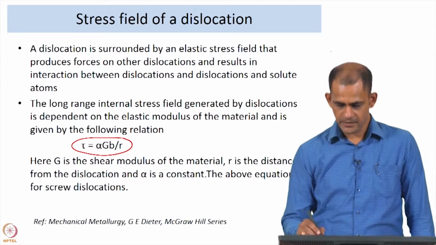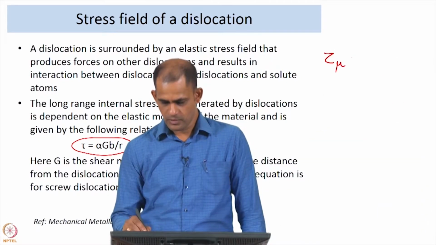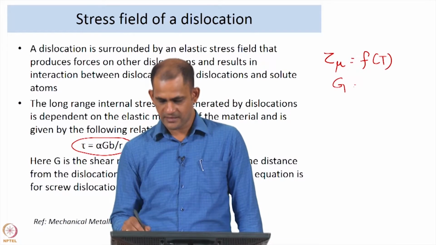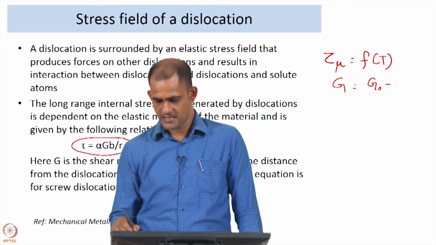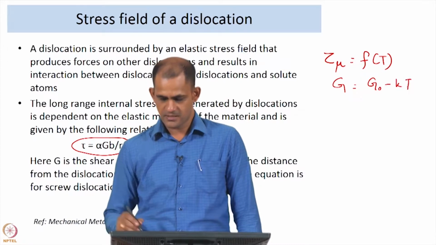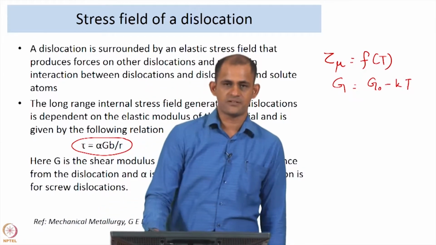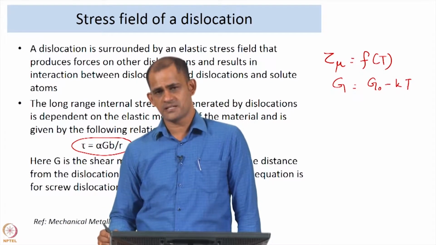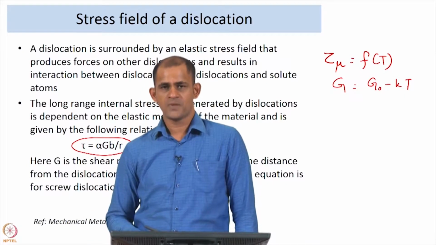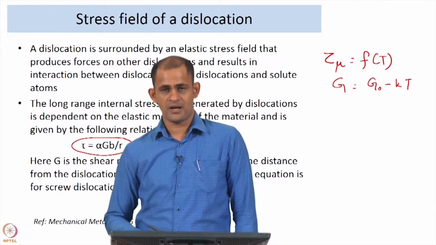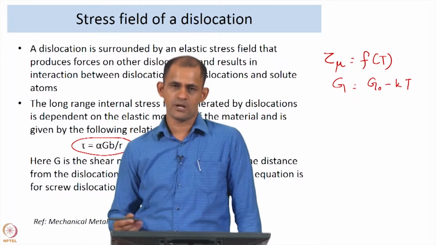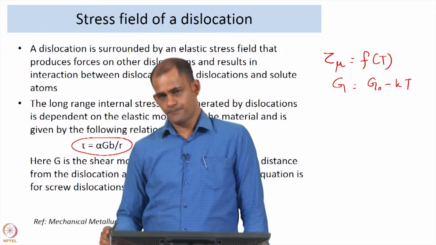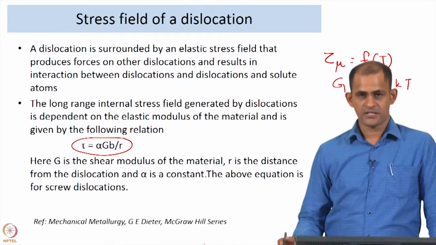So, if you are looking at tau mu as a function of temperature, you will have to account for the fact that G decreases as the temperature increases. G is approximately given by that relation, and so as the temperature increases there is a change in G, which means if you are going to evaluate the thermal stress component, you will have to account for the change in G. What this also tells us is, as a function of temperature,